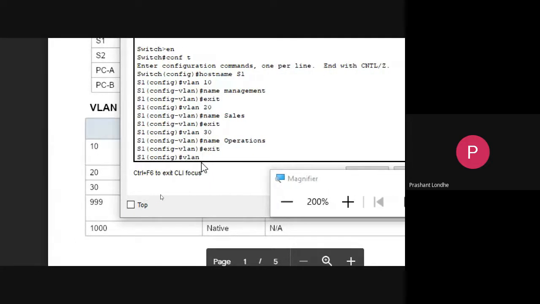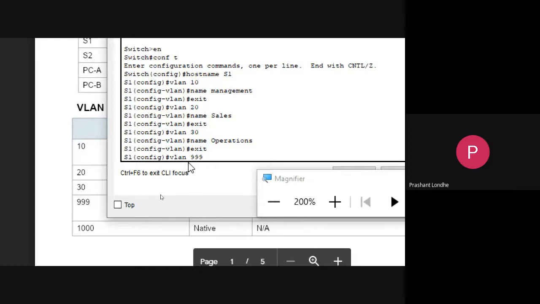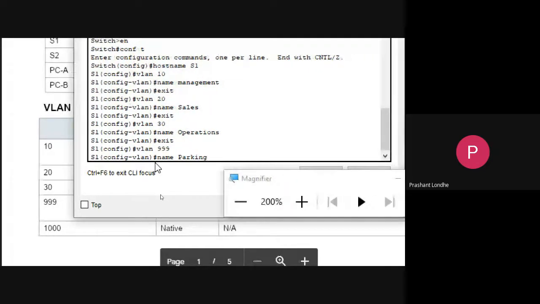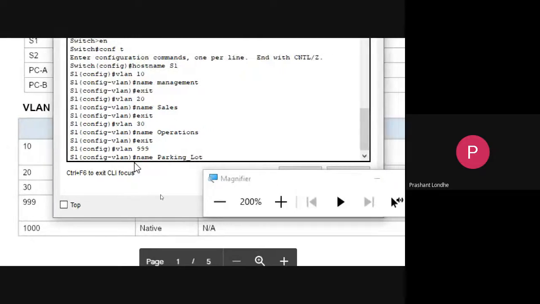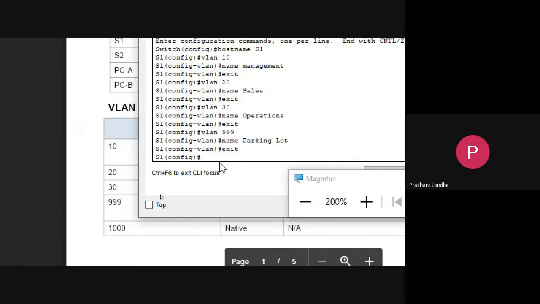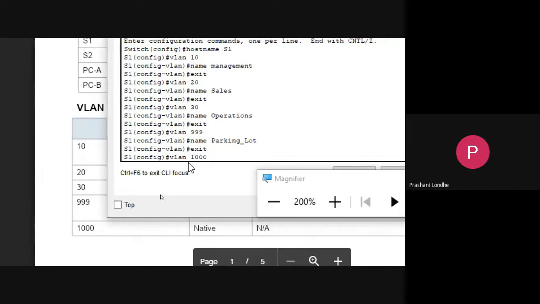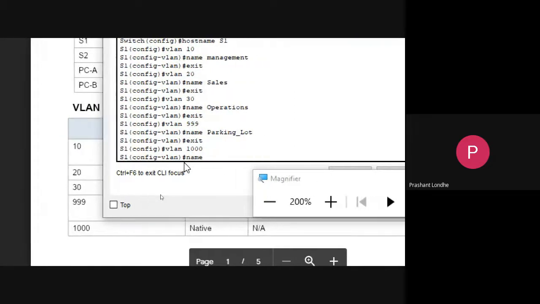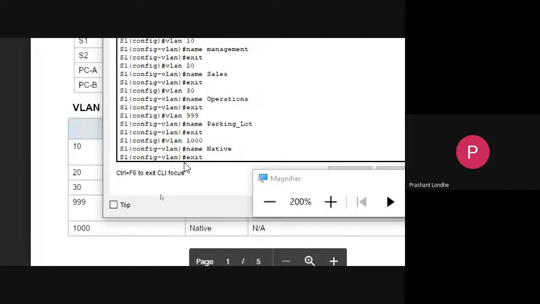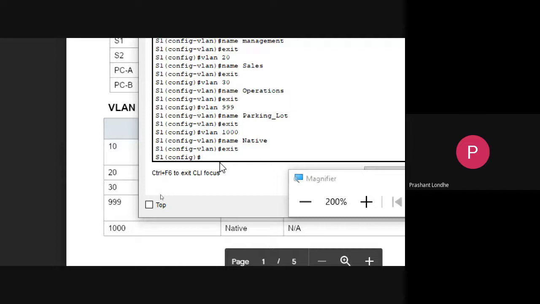VLAN 999 is used for the parking lot, exit. And finally, VLAN 1000 is used for native. Exit.